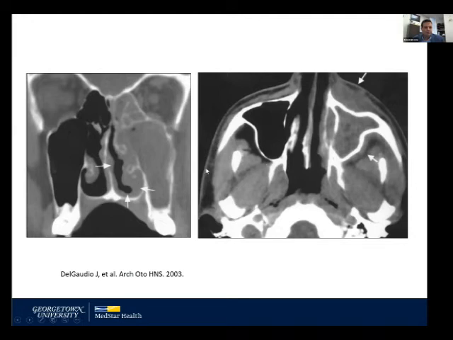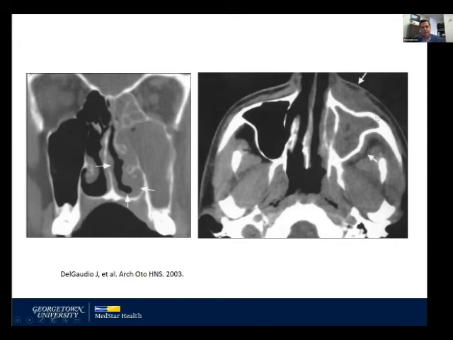Just some examples. In this first one, you can see just the asymmetric enhancement, which in itself is not overly impressive, but one of the things you actually do not see that commonly is this asymmetric edema and swelling within the nasal cavity. That's actually less common and can be a little bit of a hint. But looking for that extra sinus extension is really the thing that makes us say, we've got to get this person to the OR and get them biopsied ASAP.